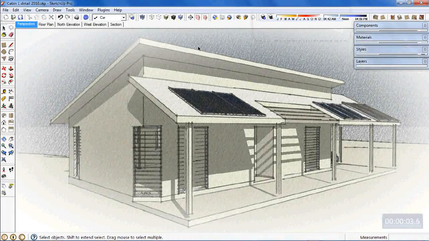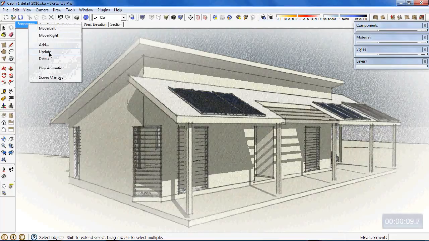Okay, so now that you've got your perspective view sitting just right, if you do make any changes and you want to keep them, you've got to right click and update the scene. So I'm going to change to the floor plan view now, and to create a floor plan I'll zoom out